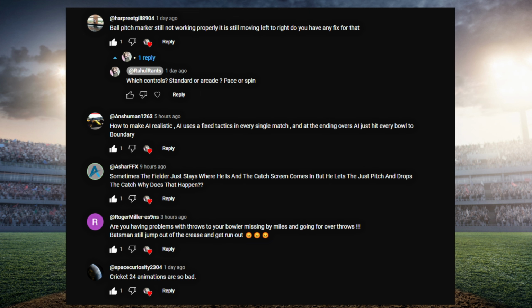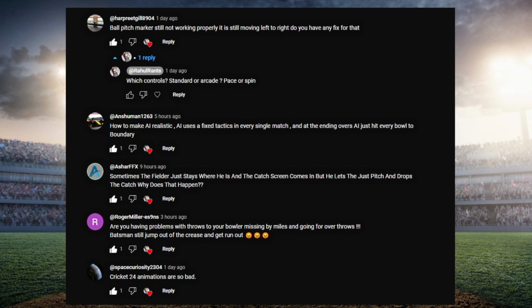See, animations, I do not expect out of the world stuff from big studios, considering the fact that they are not a AAA company, a big company, and they do not make as much sales as the other big sports studios. But yes, this is 2024. If not an out of the world experience, they can at least do away with the silly things like players walking through each other, players walking into the stumps, players' boots going underground. Even now, if you just look at the replays, some of the bad habits that have crept into the game is that the replays are not smooth. There is a cut between the shot animation, the batsman's bat goes underground,